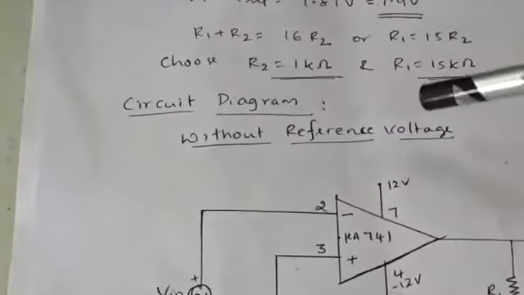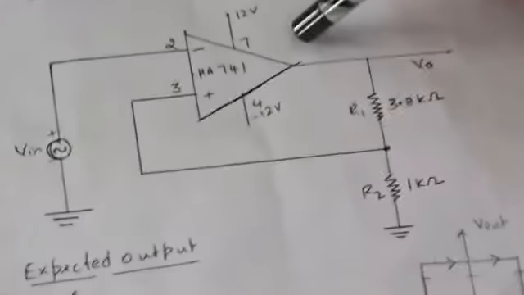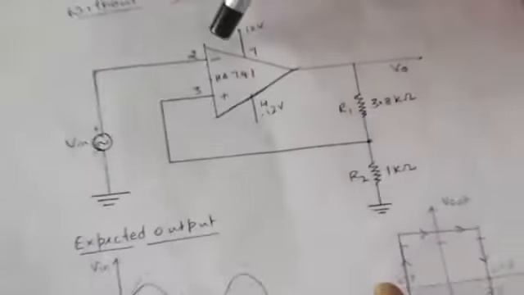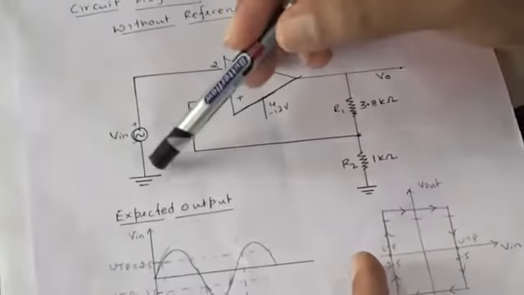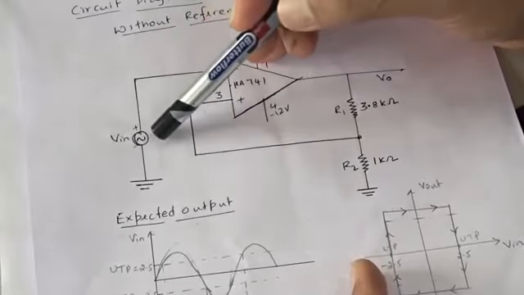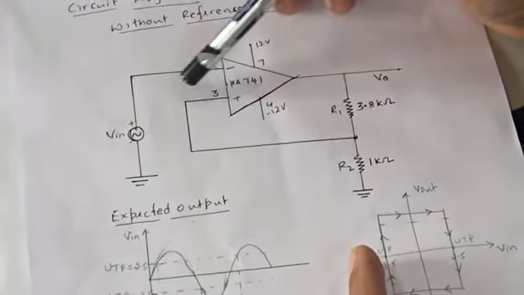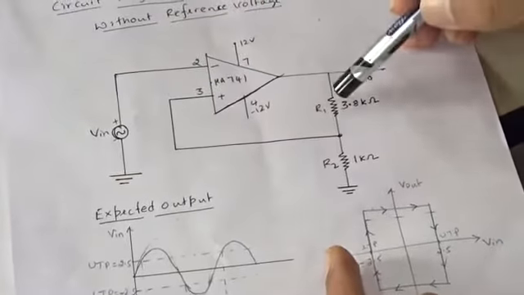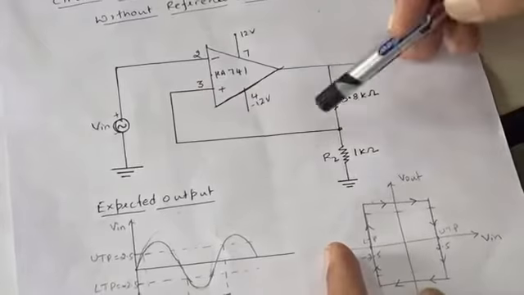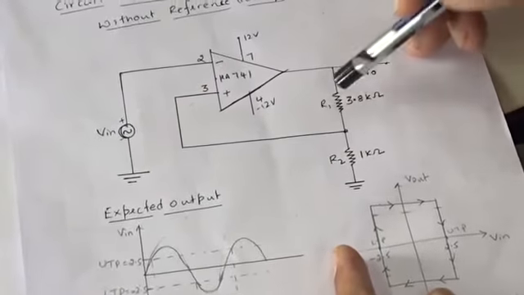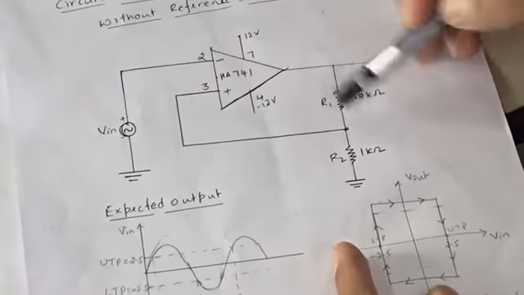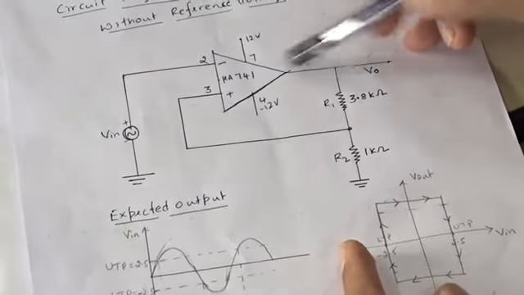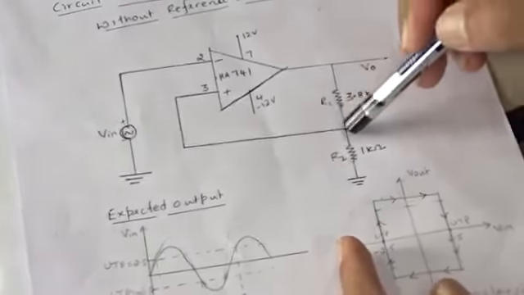Now we will consider the circuit diagram. So this is a circuit diagram for a Schmitt trigger circuit, and here you can observe that at pin number 2 I gave the input voltage. I will give a sinusoidal input voltage here, and pin number 3 I connected to resistances R1 and R2. So this type of feedback we call a positive feedback, and by using the resistances R1 and R2, R1 one end is connected to output and R1 other end is connected to R2.